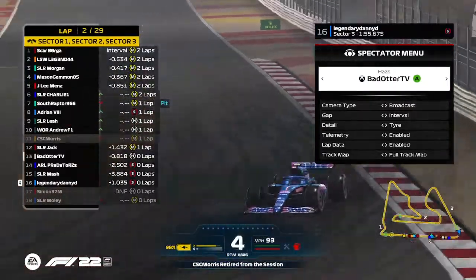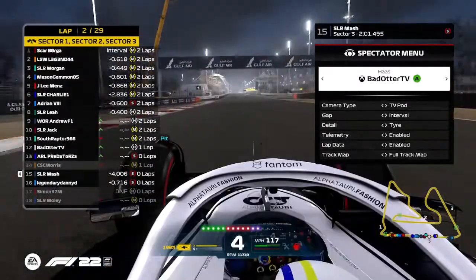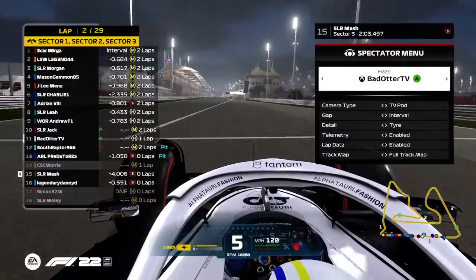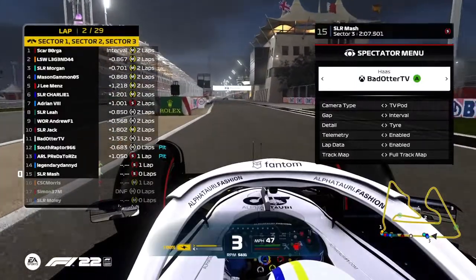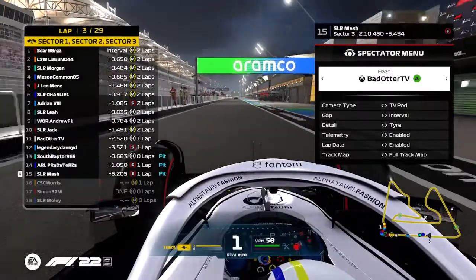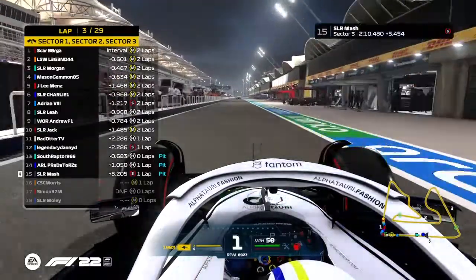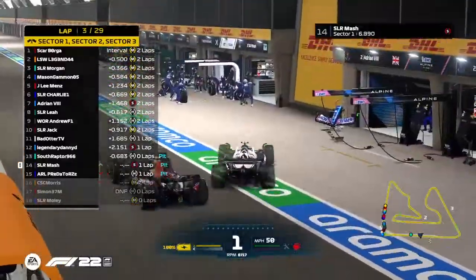Oh, CSE Morris has retired in the pit lane, is that? He's crashed, going to the pit. No, what? Sorry? It looks like him and South Raptor may have had a little bit of contact potentially. I'm only speculating there, but they were near each other on track, I think, before Morris has found himself, what on earth? Looking backwards. Yeah, this...